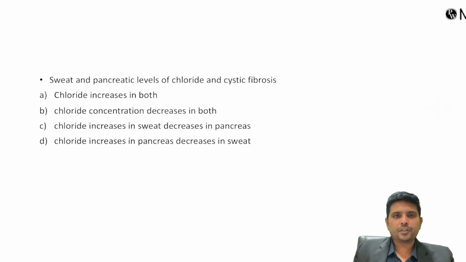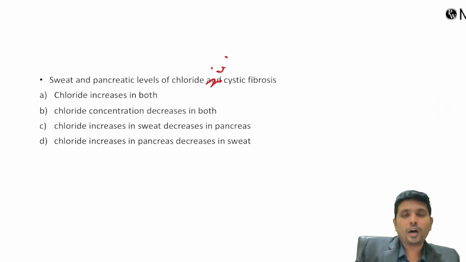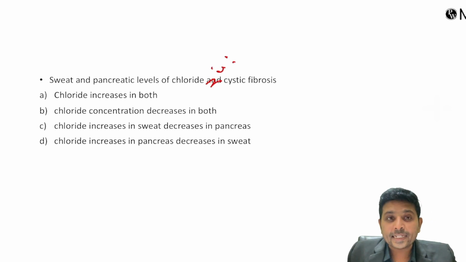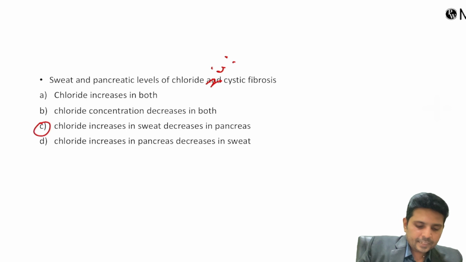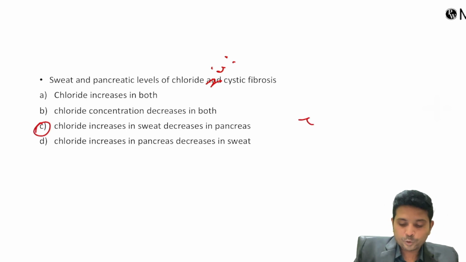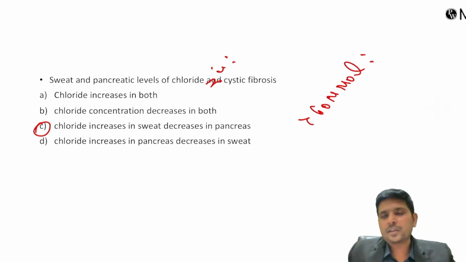Next question. The sweat and pancreatic levels of chloride in cystic fibrosis: you all know the chloride content in the sweat is increased. That's why sweat chloride of more than 60 millimole per liter is considered positive for cystic fibrosis,